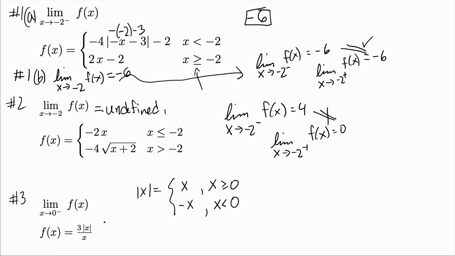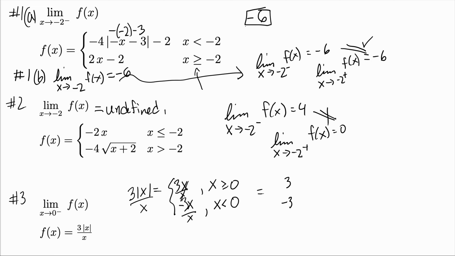All right, well, what are we doing with the absolute value of x? We're multiplying it by 3 and dividing it by x, like the output of absolute value of x. So multiply it by 3, isn't that just that? And then you divide it by x. So divide the output by x. These are the outputs, so divide them by x. What does that look like? That looks like 3,